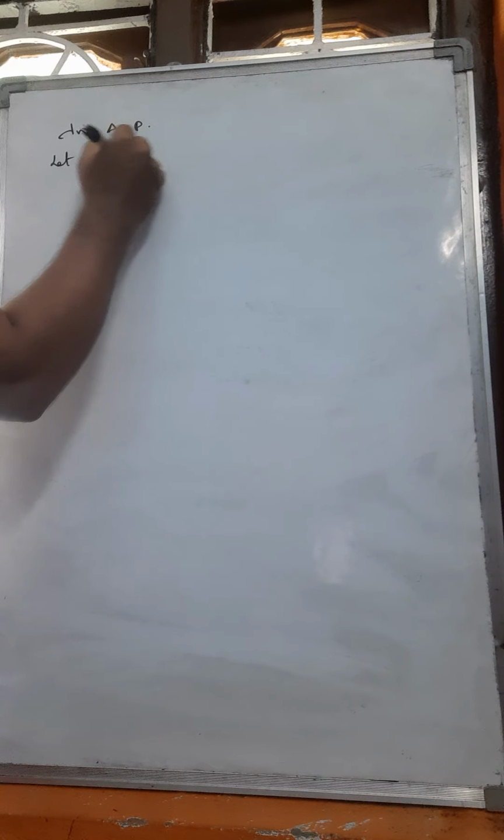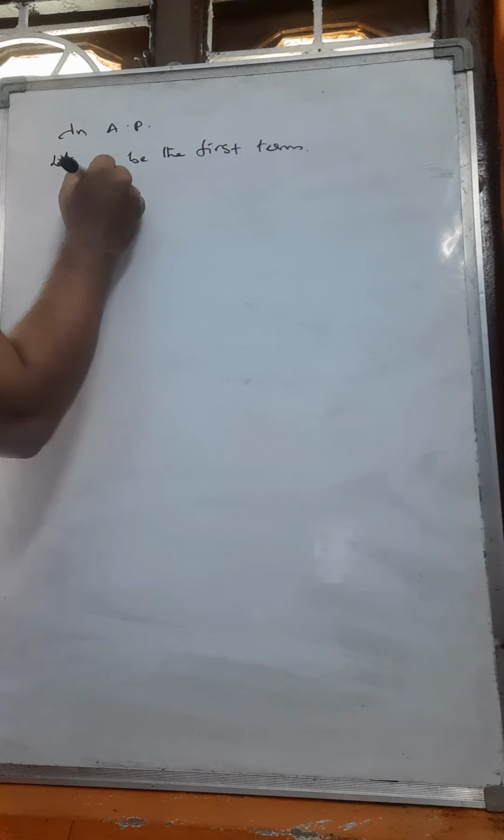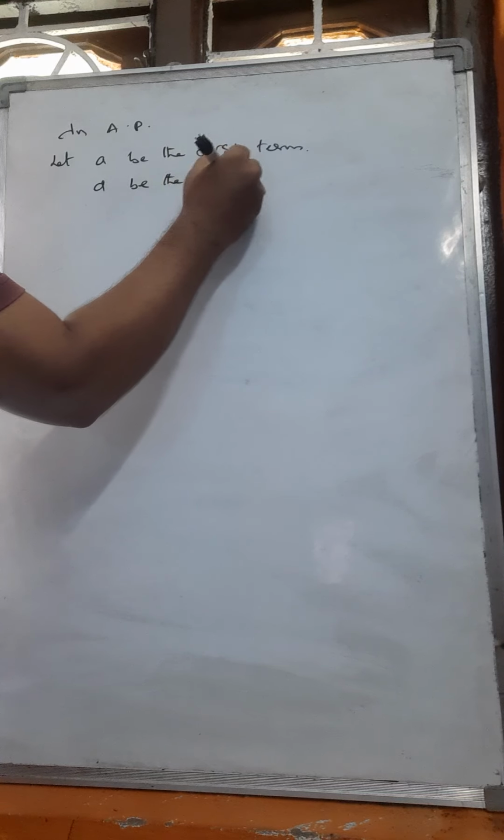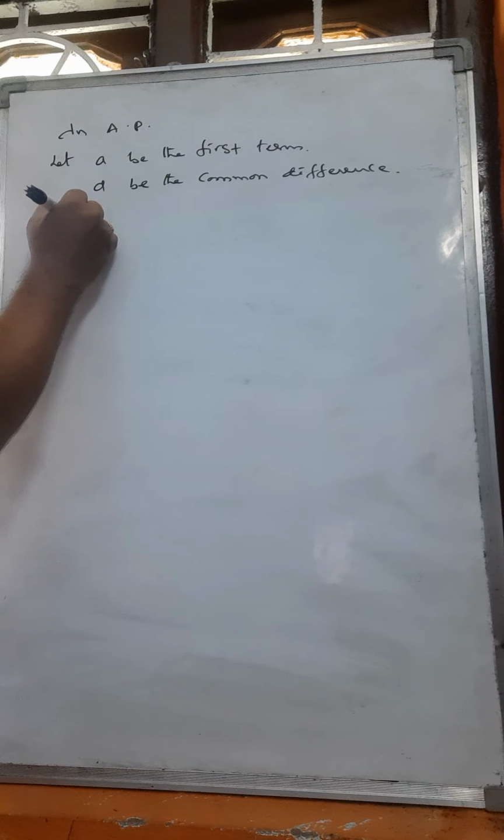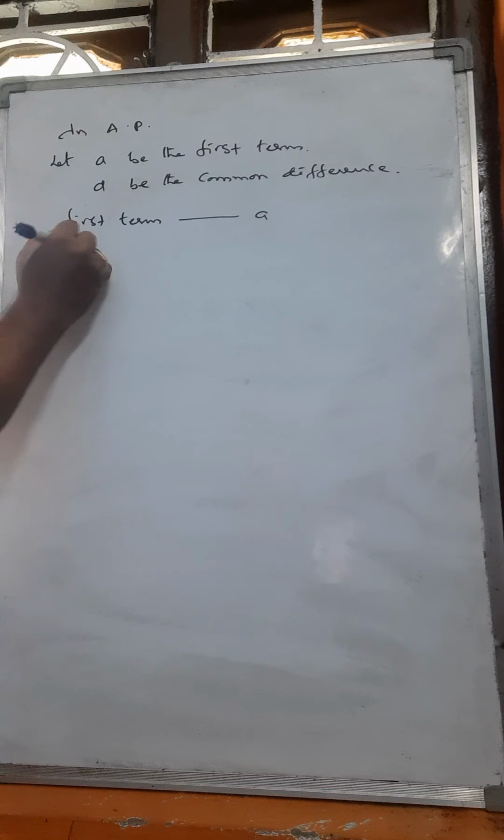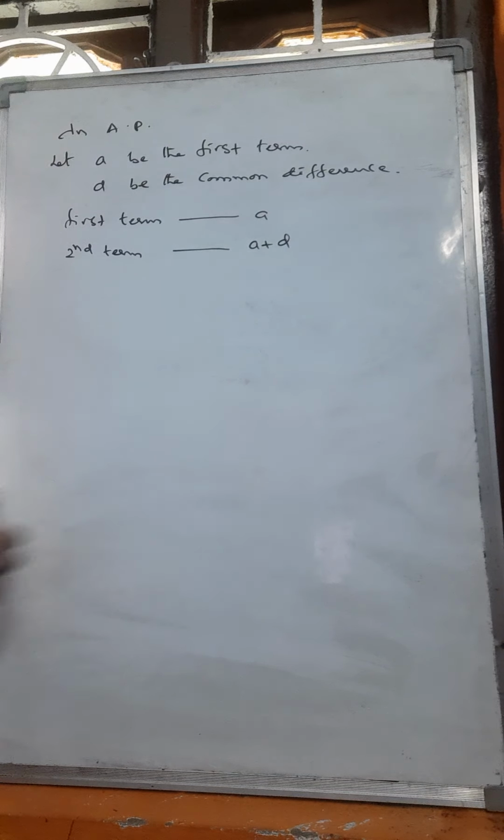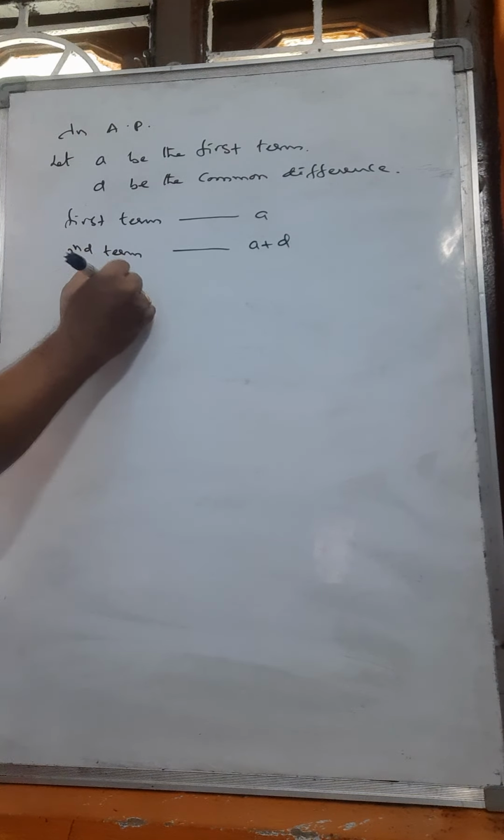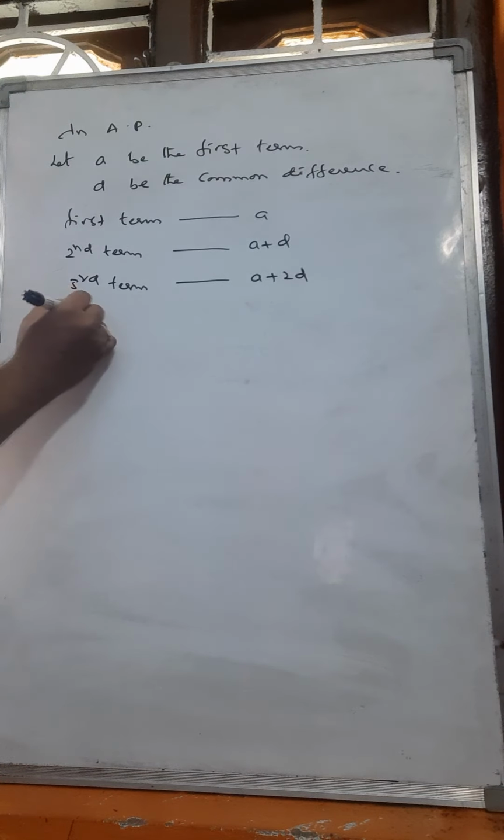The continuation of the previous class in arithmetic progression. Let A be the first term and D be the common difference. We know this: the first term is A, second term is A plus D, third term is A plus 2D, fourth term